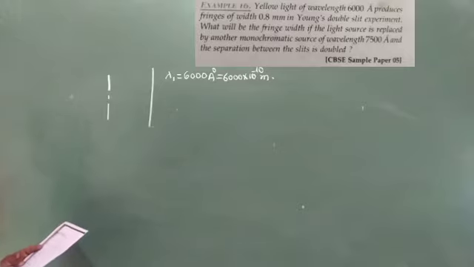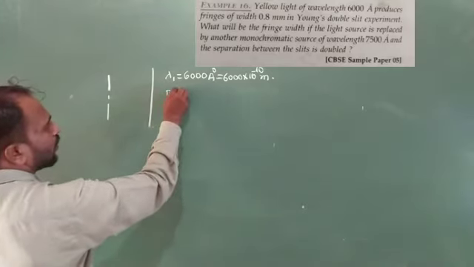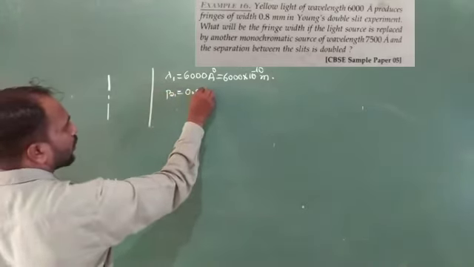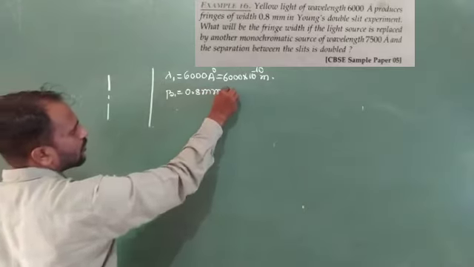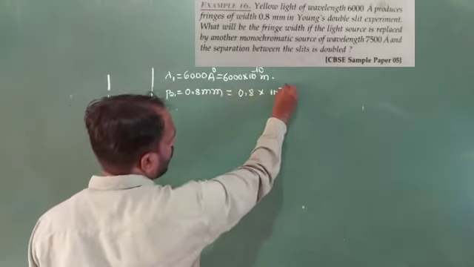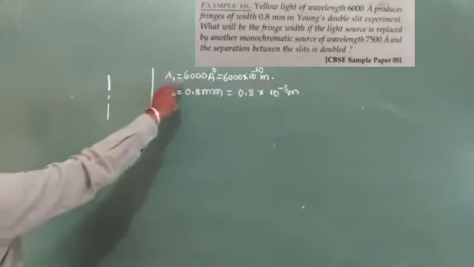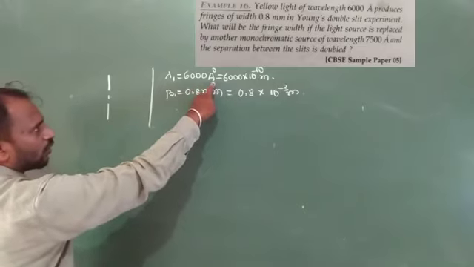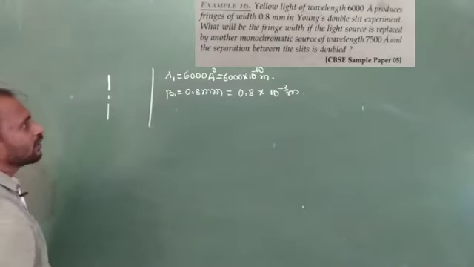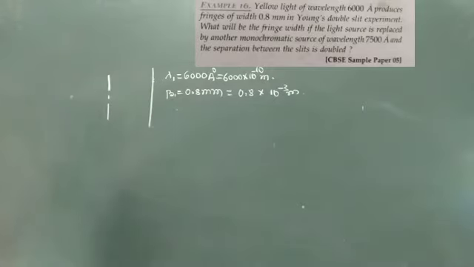And here it produces a fringe width of 0.8 millimeter. It means beta 1 is equal to 0.8 millimeter, so 0.8 into 10 power minus 3 meter. When we use 6000 angstrom yellow wavelength light, we get a fringe width of 0.8 millimeter. And the next one,